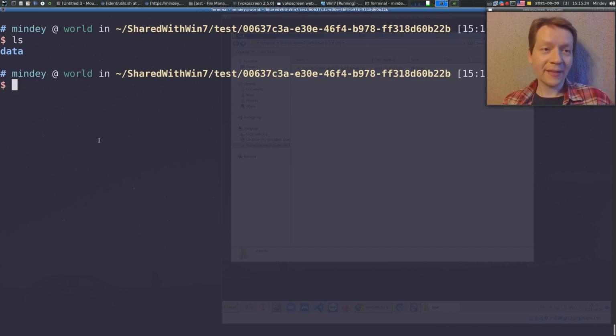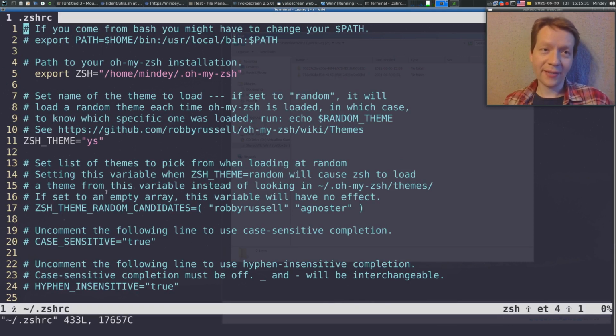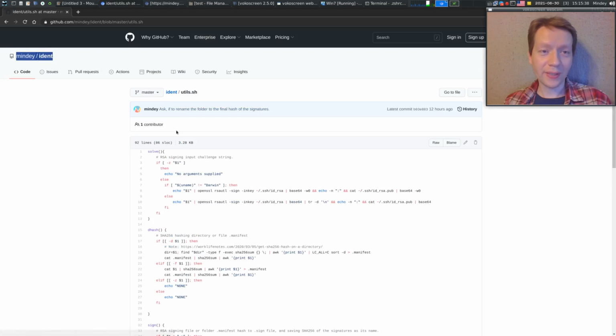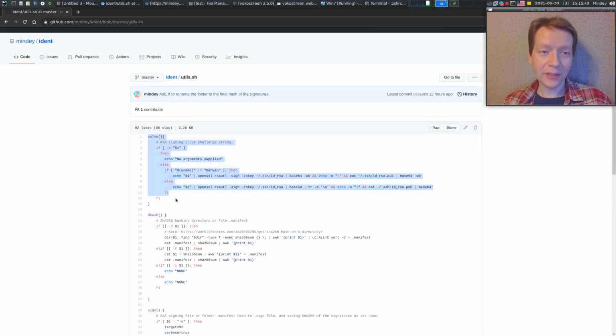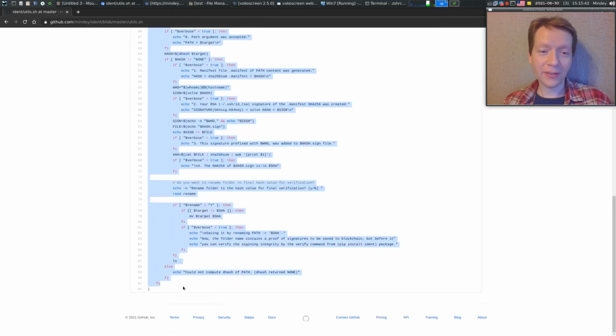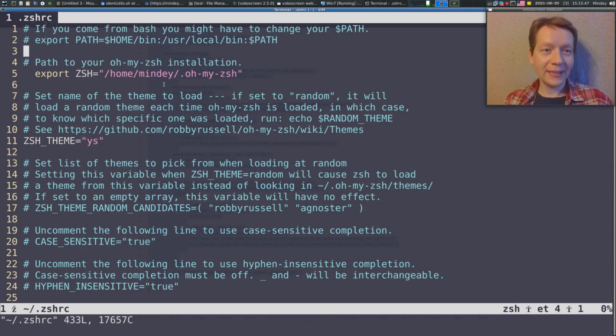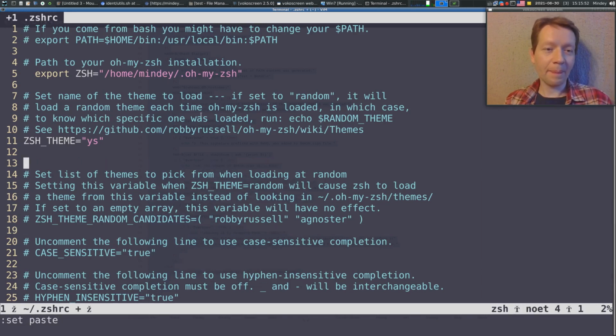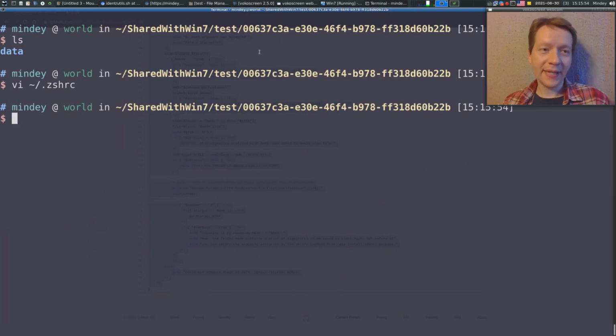Now you have the folder data, and there are particular utils that I had written. So you edit the bash RC file. Let me go to the description of how to do this. These are the functions to copy to the bash RC file. Copy that to the bash RC file, paste, and save it, and then just